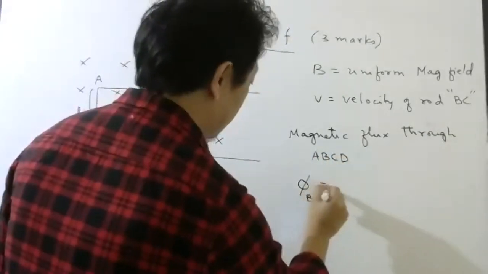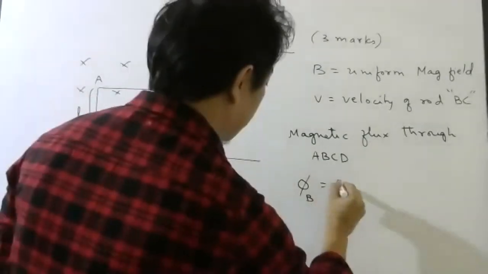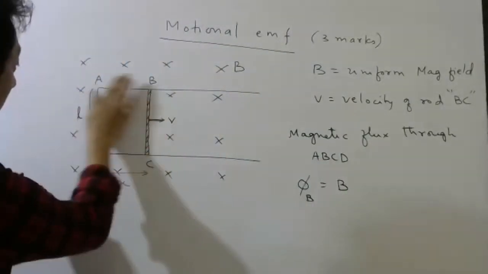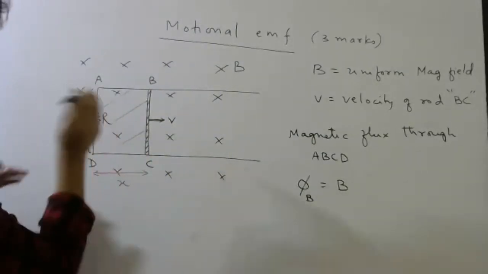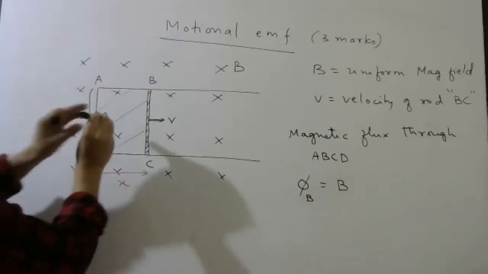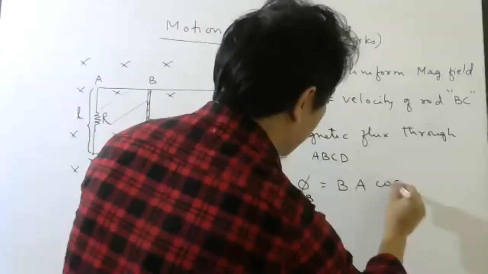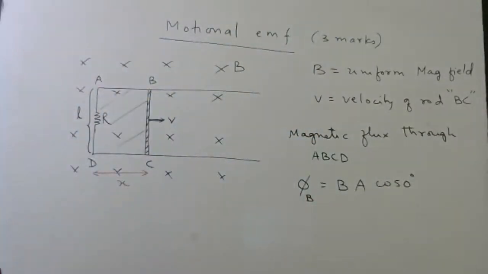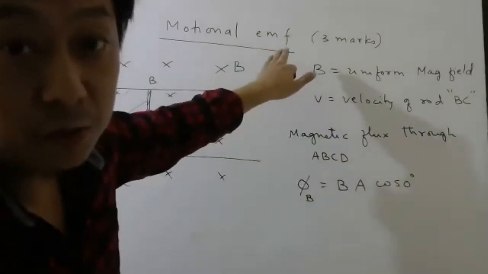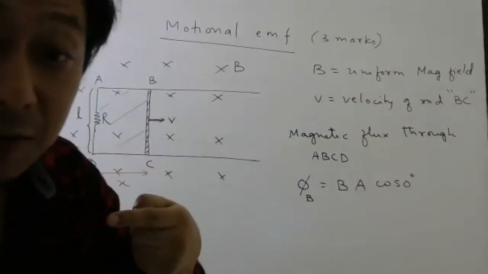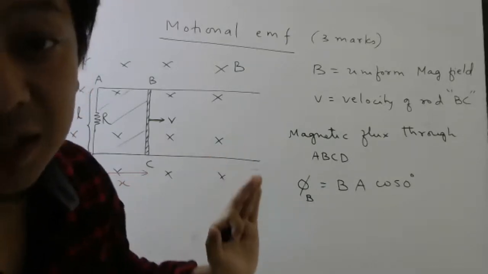will be equal to, the magnetic field is this way. This is the area. The area vector will also be this way only, perpendicular to the plane. So I can write BA cos 0. If you want to write 180, that is also okay. It doesn't matter, because we want only the magnitude of the EMF. Direction we have to find using Lenz's law. So don't worry about whether a minus or plus sign will be there.